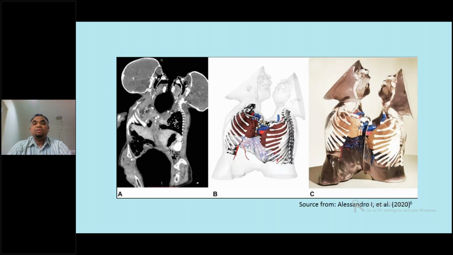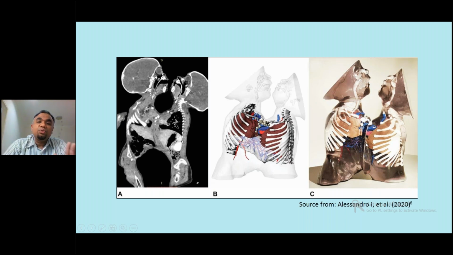So this is an example I just want to show you, the image of a conjoined twin. From the CT image, it looks like this, and then this is from the computer display. So by having these two data, we can have the 3D printing model. So this is actually a good thing, where it helps the surgeons to have a clearer view of